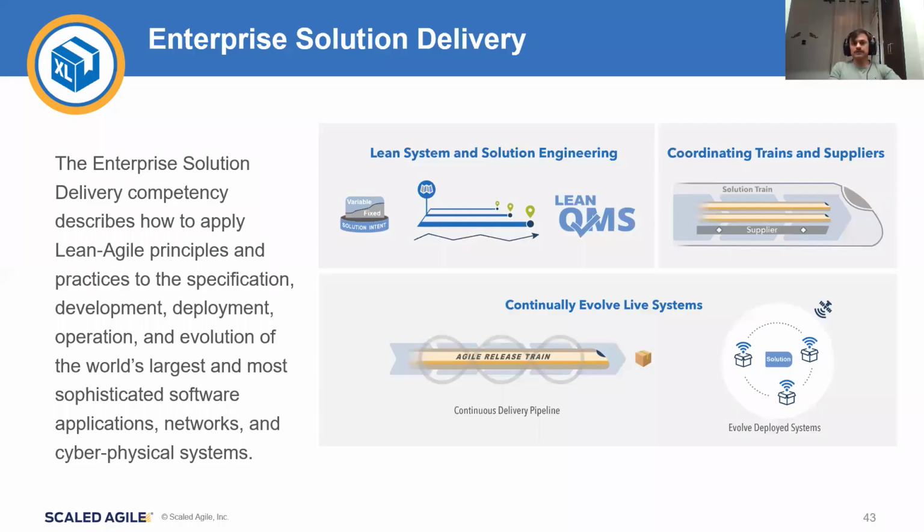Enterprise solution delivery is more about applying lean systems and solution engineering for the large thing. So what is this large thing? In a simple way, you can think of how I make multiple agile release trains work together, and what kind of competencies make them aligned and ready to change for customer competitive advantage. That's what the enterprise solution delivery competency is. It's like multiple trains, which have their own PIs, all coming together and delivering things. The solution delivery competency describes how to apply lean-agile principles and practices to specification, deployment and development of large solutions. So it's like